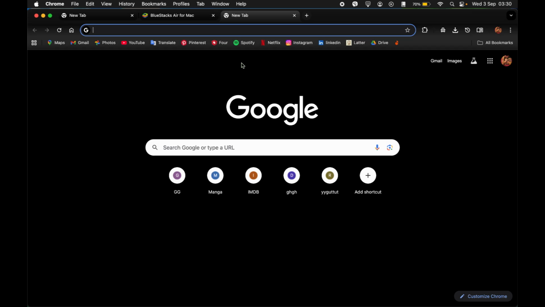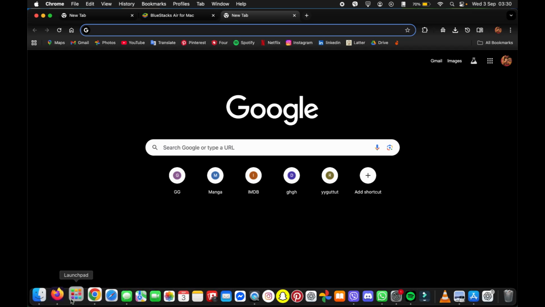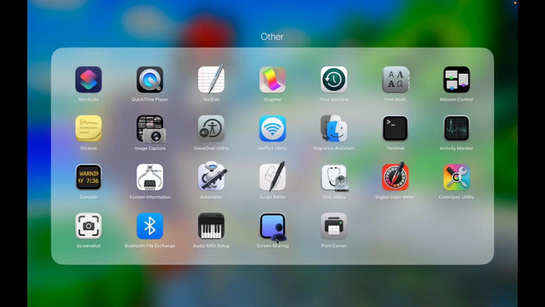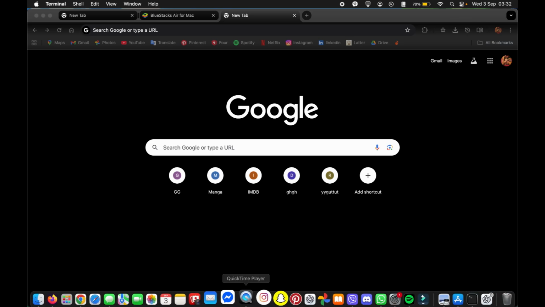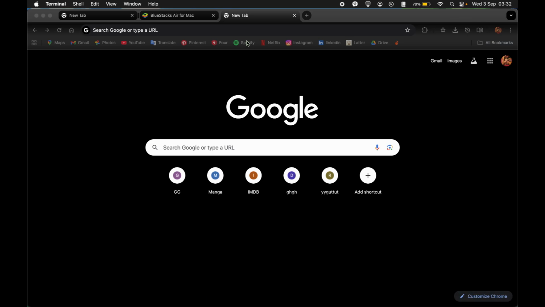All you need to do is open your terminal. So you can find your terminal down at the Launchpad. Just go on Others right here, and Terminal is right there. Just go ahead and open it, and you just need to type in Git in your terminal. If you cannot download it through there, then what you can do, the second option is to just install Git